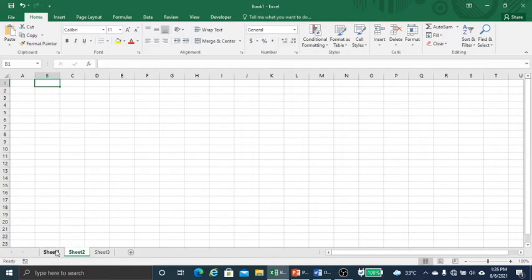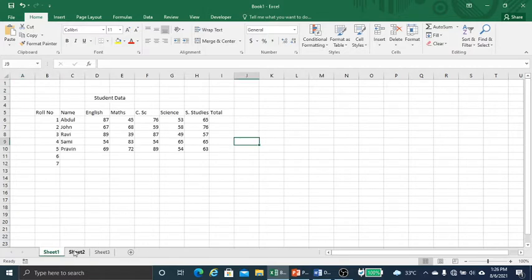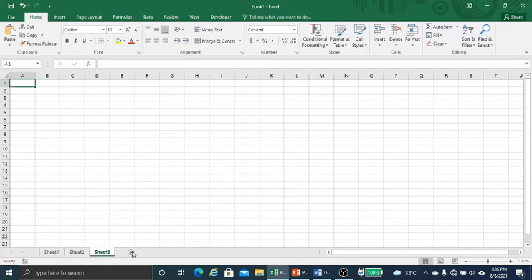This is a worksheet. Now what is a workbook? A workbook is a separate file just like every other application has. This whole is known as a workbook, and it has many sheets. Presently it has sheet 1, sheet 2, sheet 3, and we can add more sheets.